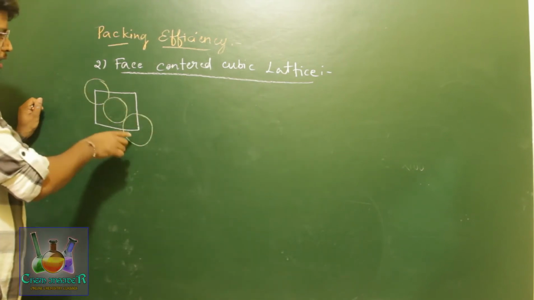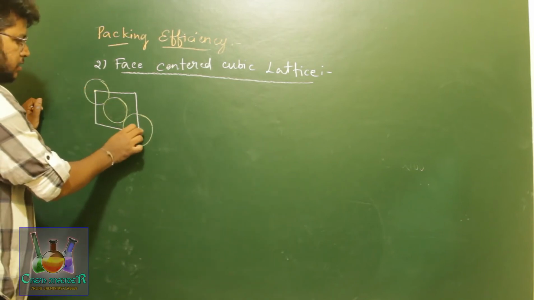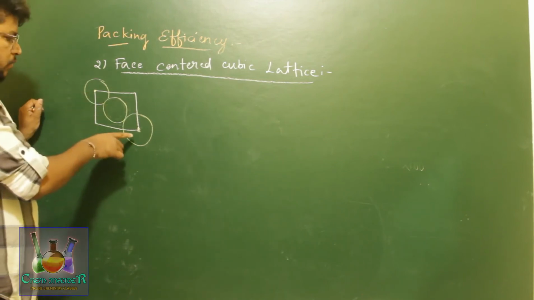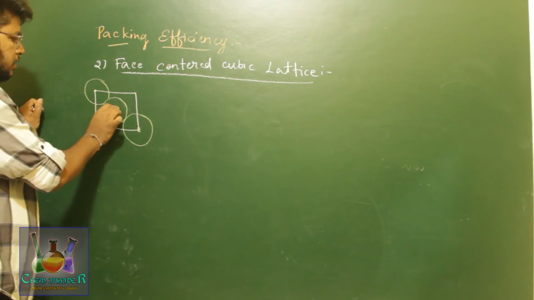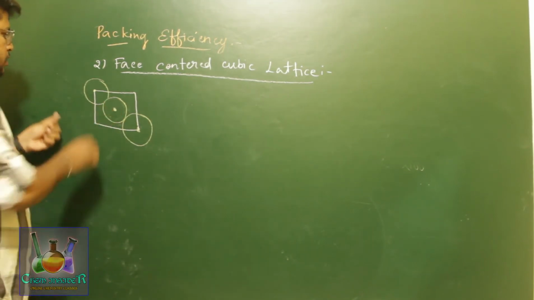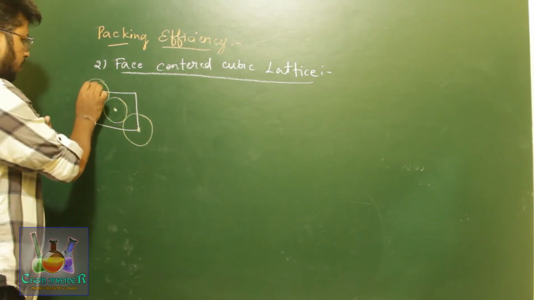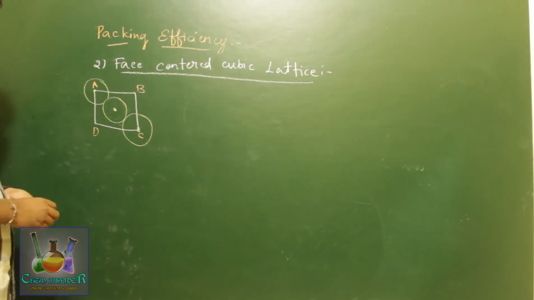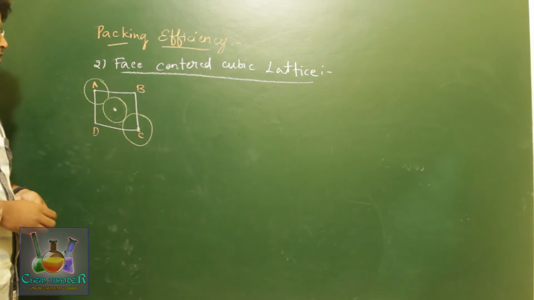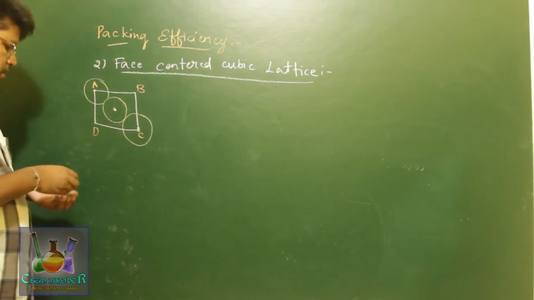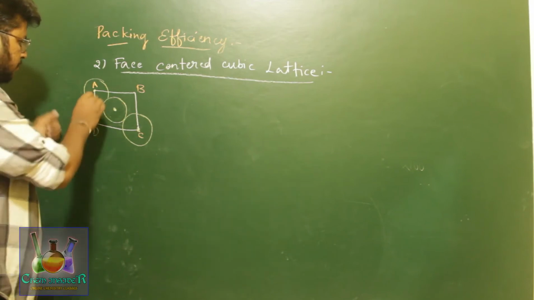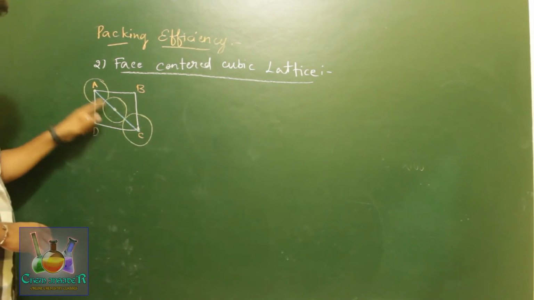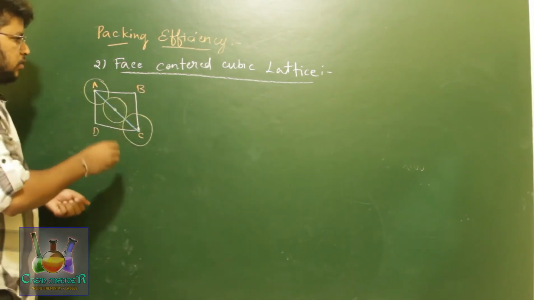So now it has three atoms along the diagonal, two at the corners. There will be atoms over here also, but we are just ignoring that. One atom over here, one atom over here, one atom exactly at the center of the face. Okay, so let us name these A, B, C and D. So this is our face-centered cubic lattice for which we are considering just one face. Now if you draw a diagonal from A to C, just like this, we can say this is the diagonal.